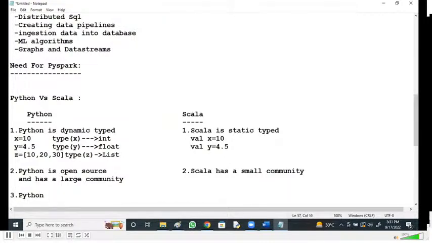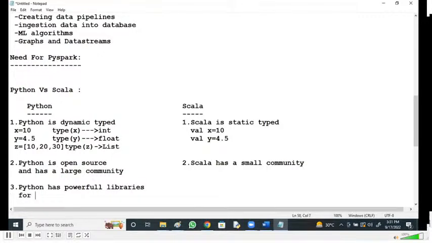Python advantages means Python has great, powerful libraries. Python has powerful libraries for ML and graph algorithms, right? ML and graph algorithms. Less as compared with Python, right?